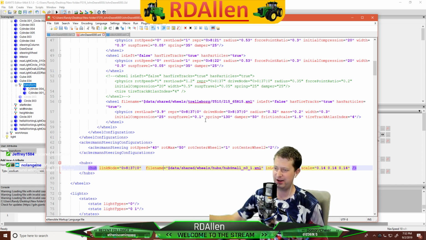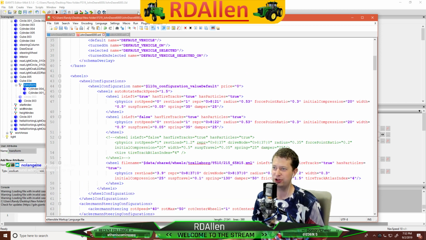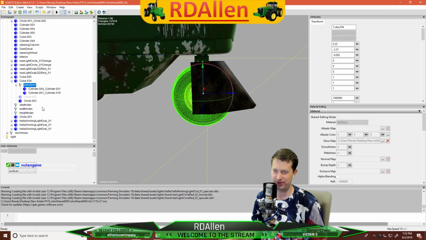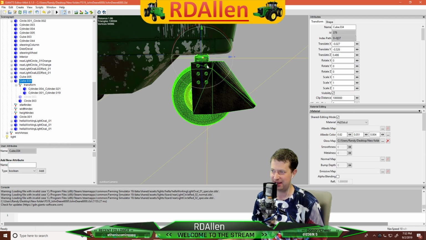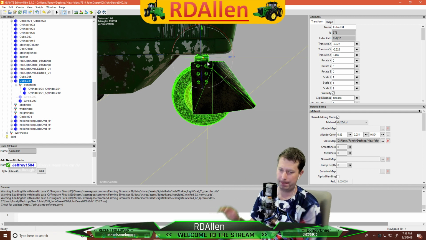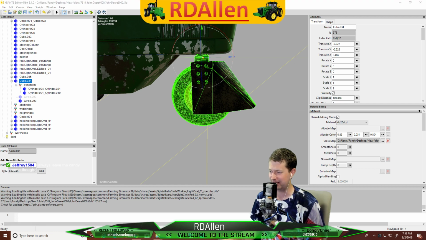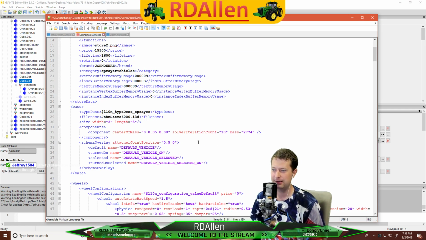Well, let's find out what it's actually using. I'm just assuming here for steering, I would think it'd be using this one here, 837, because that is up there. That would be the steer. I'm assuming. I think that's the way the mod author has it set up, but